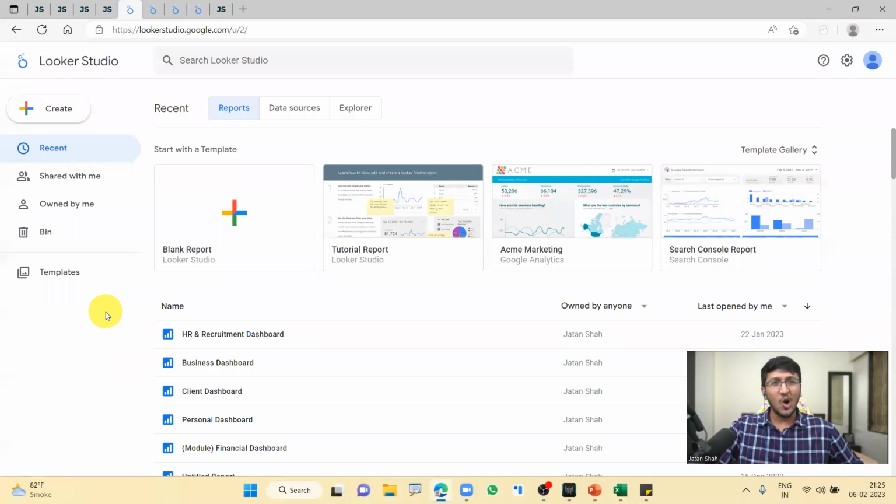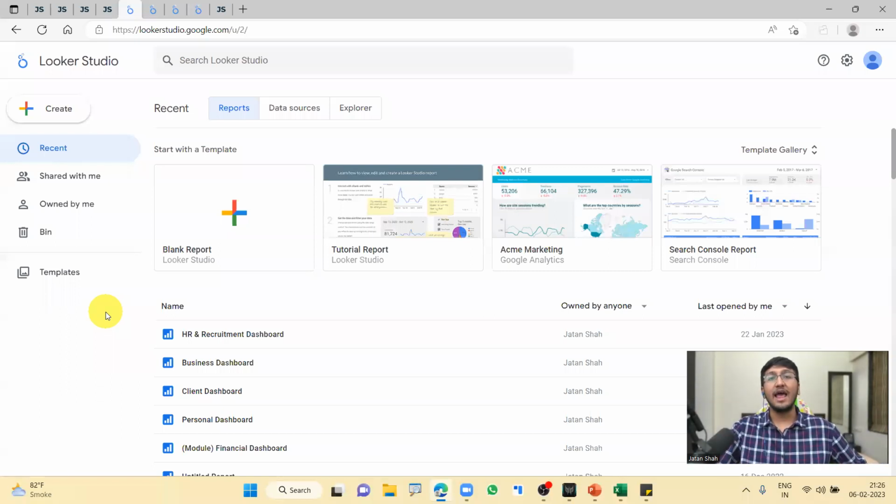But a very normal question that you might be having in your head is, okay, I know why it is so good, but why do we require it? Can we use Excel? Can we use Google Sheets instead of Data Studio? Well, what we are going to do is use the best of both worlds. You cannot simply use Excel or Google Sheets because both these platforms can only build something called a static dashboard.